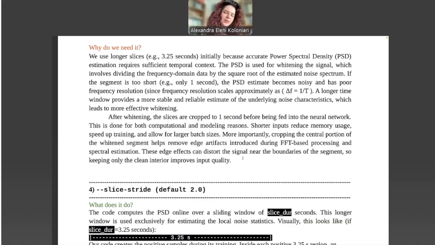And as to why specifically 1 second, why don't we take a larger PSD in order to have a larger input in the file? That depends on the chirp mass ranges that you actually work with. For the mass ranges that we work in that specific code, with masses from 7 solar masses to 50 solar masses for the individual masses, 1 second is perfectly fine. If we want to go to higher masses, we can actually reduce the time. And if we want to train with larger masses, we will need to actually raise that time.